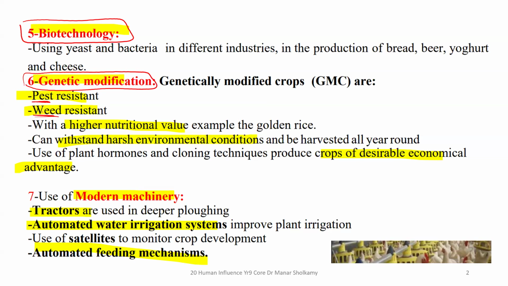We made our crops have a higher nutritional value in golden rice, if you remember this example. We made our crops super crops. They will grow any time of the year, regardless of the environmental conditions. We have rain, we don't have rain, we have drought, we have too much salt, too little salt. Our plants now are super plants and they grow regardless of the environmental conditions.